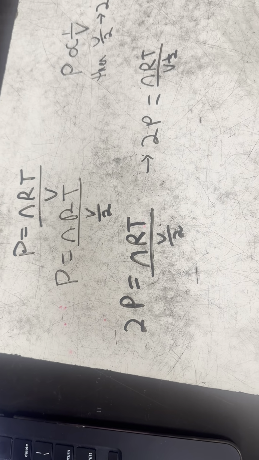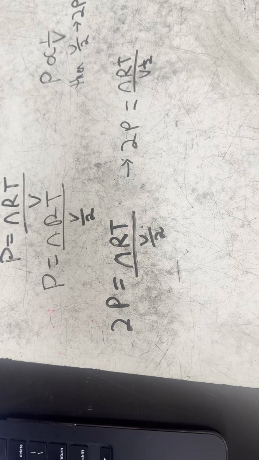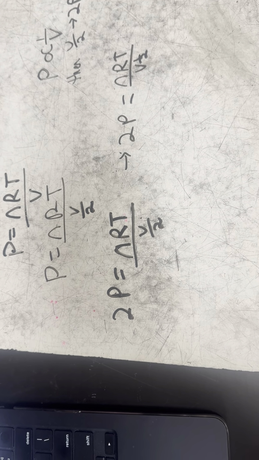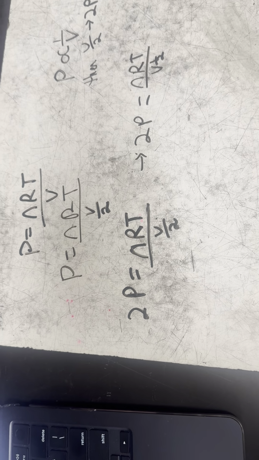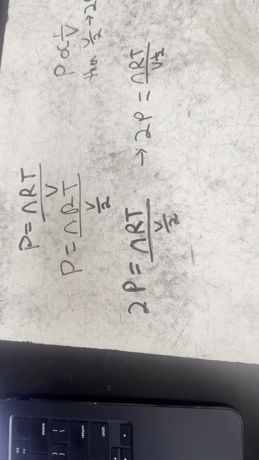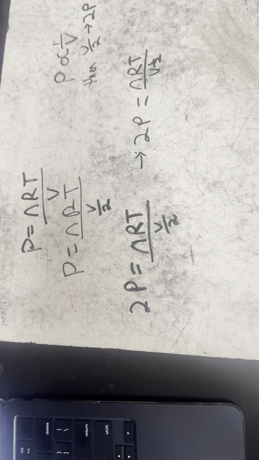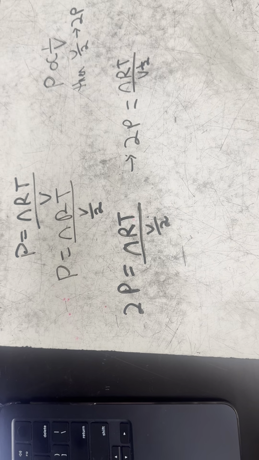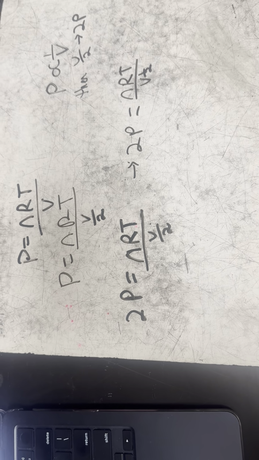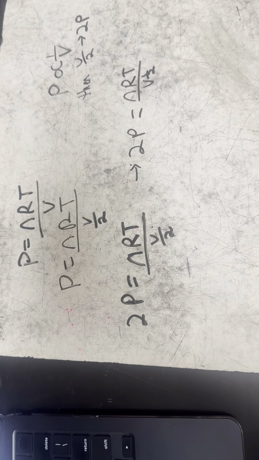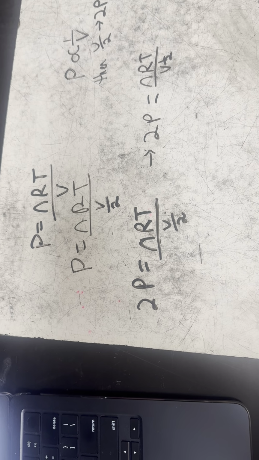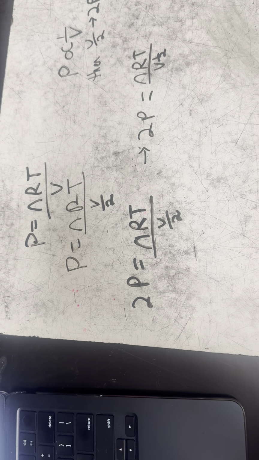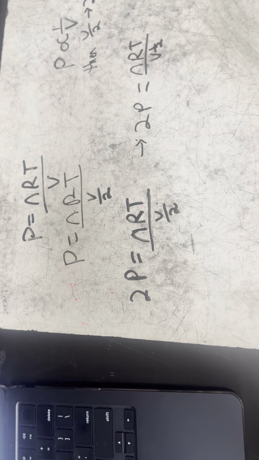Question 3 says, describe what happens to the average speed of the xenon atoms in the container in diagram 3 as the original volume V is reduced to V/2 at a constant temperature. If the volume was decreased by 2, the speed of the xenon atoms would increase because Boyle's law says that pressure is inversely proportional to volume. P1V1 equals P2V2. So if you divide the volume by 2, the pressure is doubling, which means that